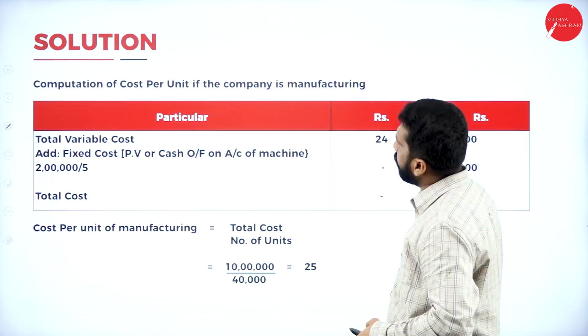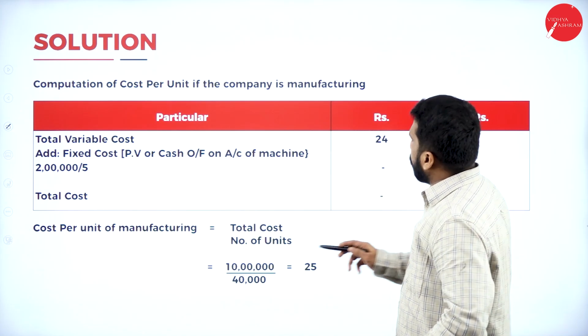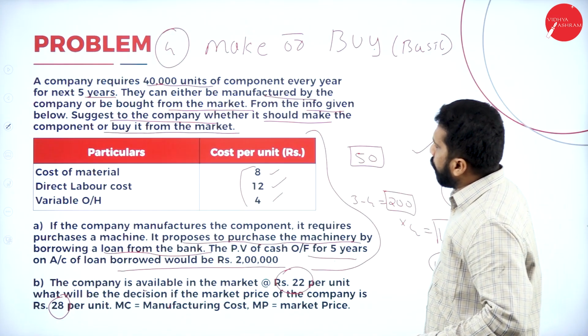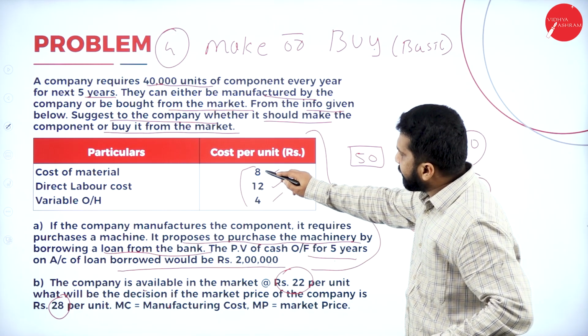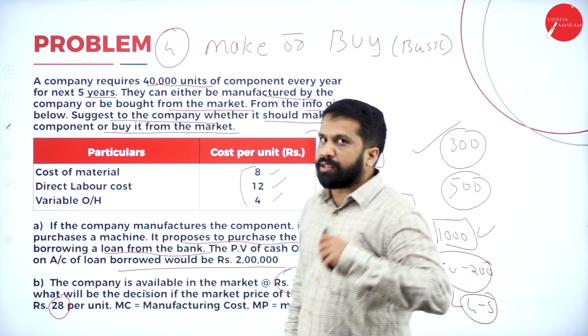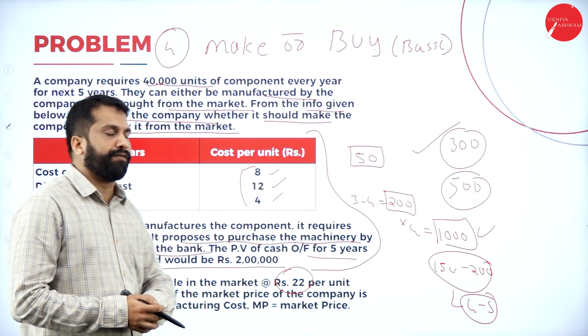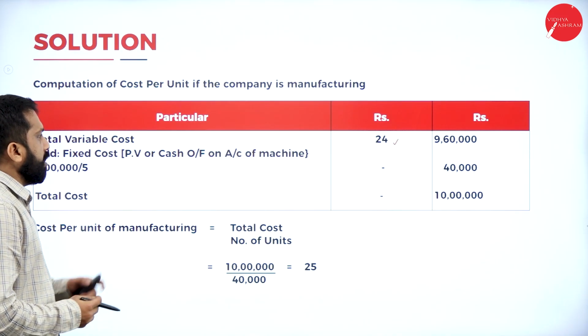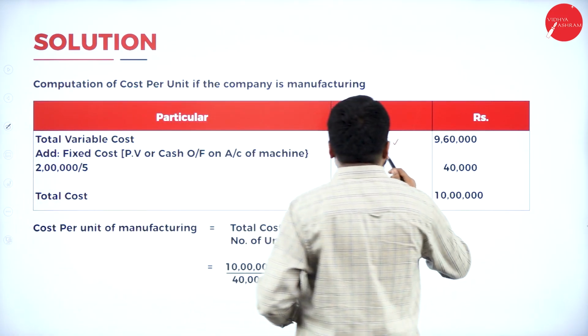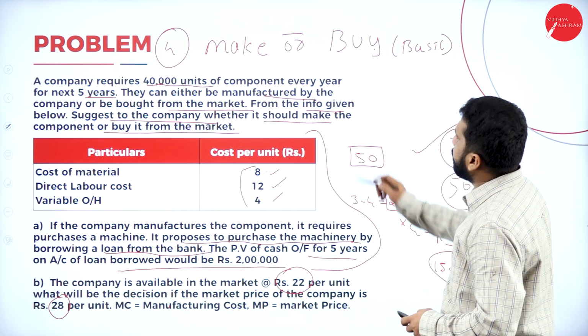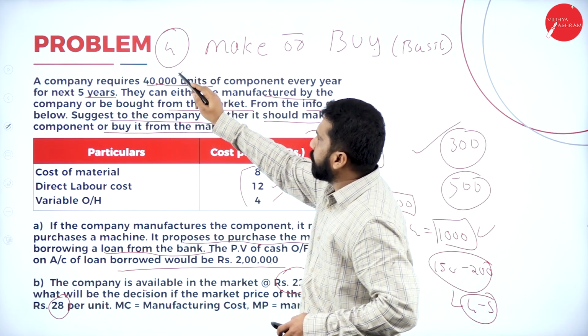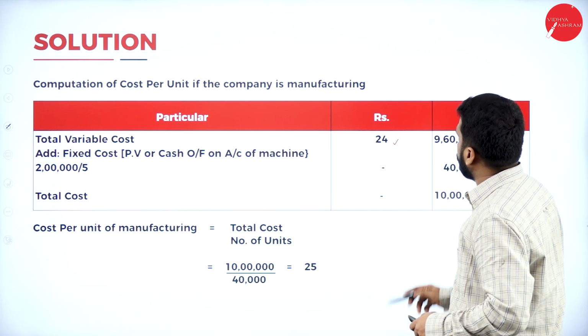Hope you are clear. Now, computation: total variable cost 24. How does it come to 24? 12 plus 8 plus 4. The total cost will be called 24. Now, once you are done with your 24, just multiply with the number of units. The number of units is 40,000. 40,000 into 24, you will get